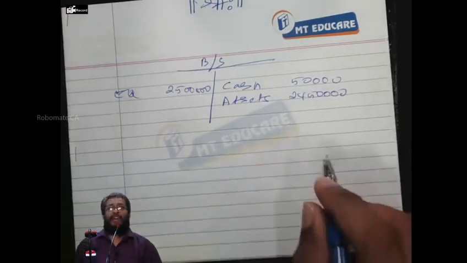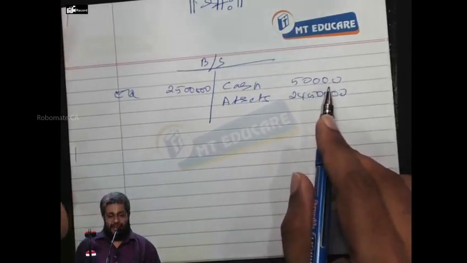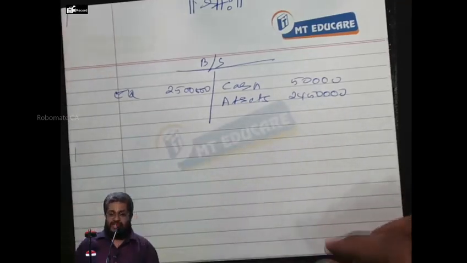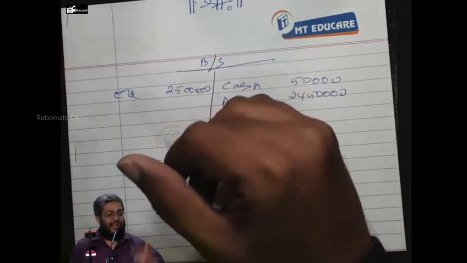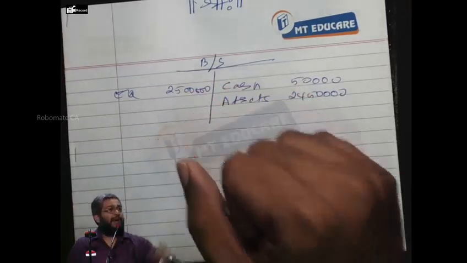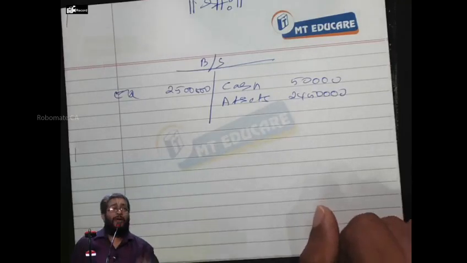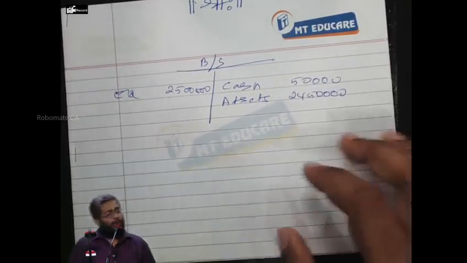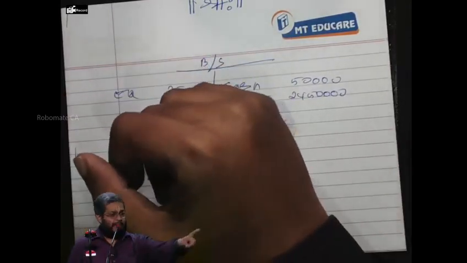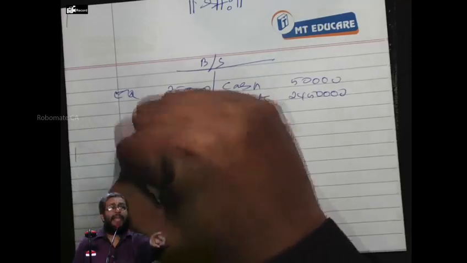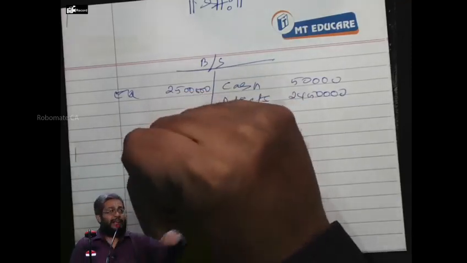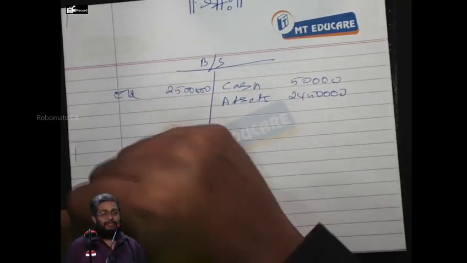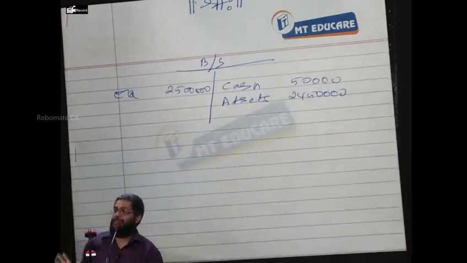Yes or no? No. When I declare this 50,000 as dividend, in that case, 24 lakh 50,000 will be shared by how many shares? 1 lakh shares. The share price will be same or decreases? It decreases. It becomes how much here? 24.5. Point number 1. Yes or no? Okay. Now, share price drops to 24.5 or not? You are happier or unhappier? You are not worried, because your investment will become how much? 24.5. I am telling a personal balance sheet. In a personal balance sheet, my company share value becomes how much? 24.5. But you got cash of how much? 50 paise. That means once again your wealth has become what? 25 rupees. No change in your wealth.